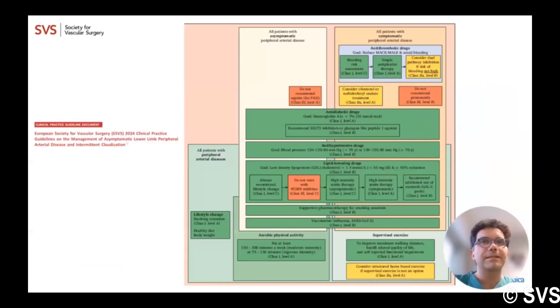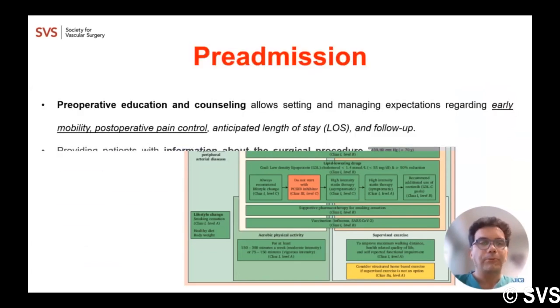Also about the treatment, you can see here the different medical therapies, anti-diabetic drugs, antihypertensive, lipid-lowering drugs, and everything with a very high level of evidence, or a lower but still important level of evidence with the yellow box. So,